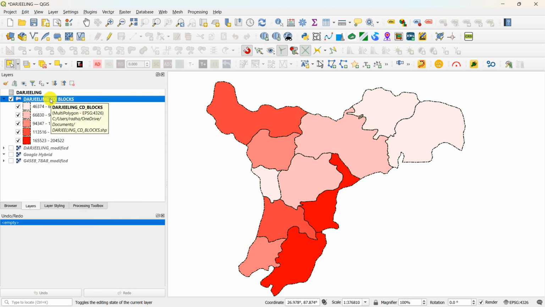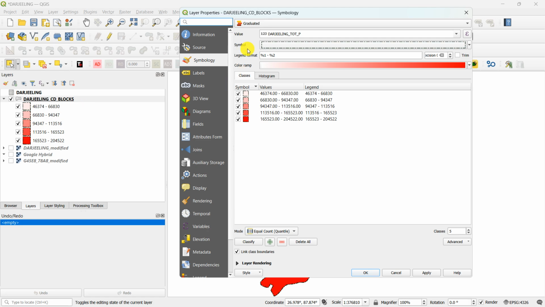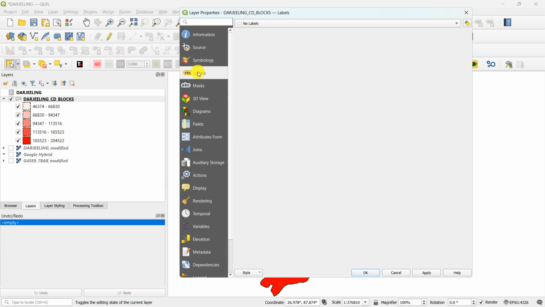Just double left click over the layer. It will redirect you to the properties page. Okay, so here is label. Where is it? Here it is. So no labels to single level,